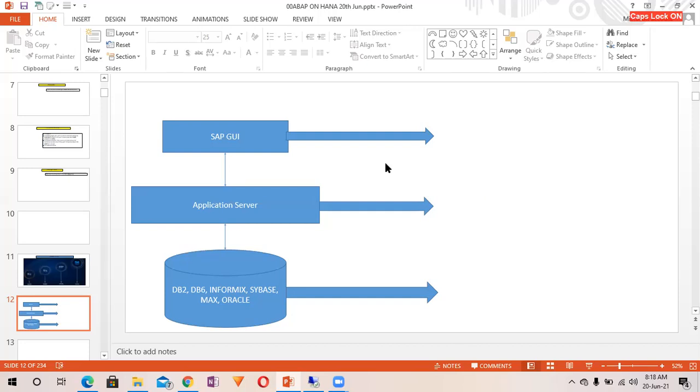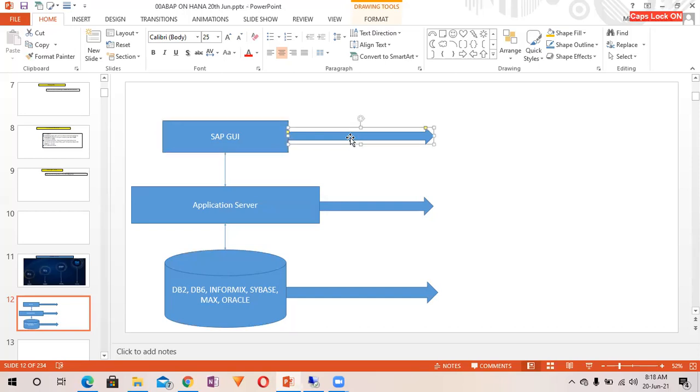With the evolution of technology over time, the SAP GUI, as you know, is a local GUI which gets installed in our system, and we utilize the application server with the help of the GUI.